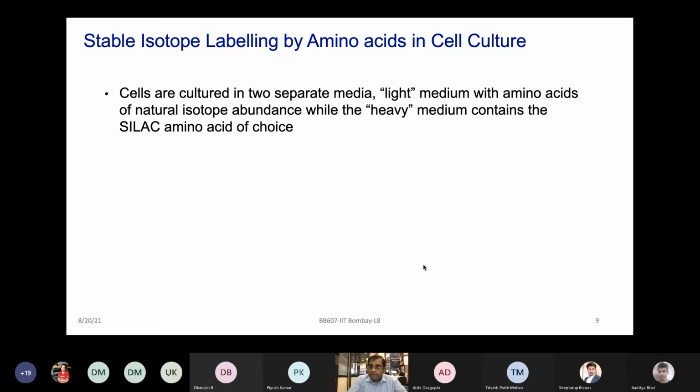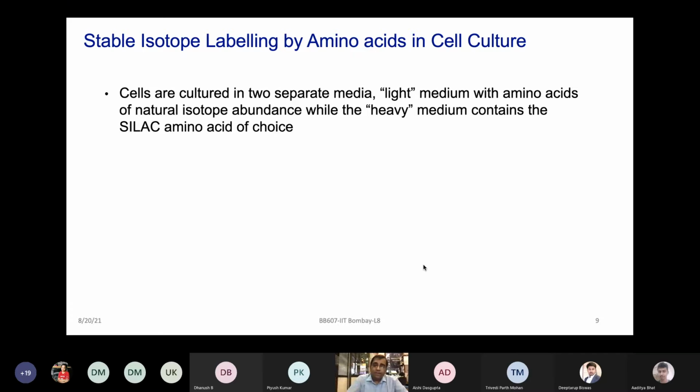One is non-drug treated, one is drug treated. And now you can see the effect of the drug in the cell after a few hours, or after a few days, or after a few weeks. Or you're looking at the effect of a specific stress condition on the cell; you can do the same type of experiment. So people plan a lot of cell-based experiments, and that's where SILAC becomes very important, because it relies